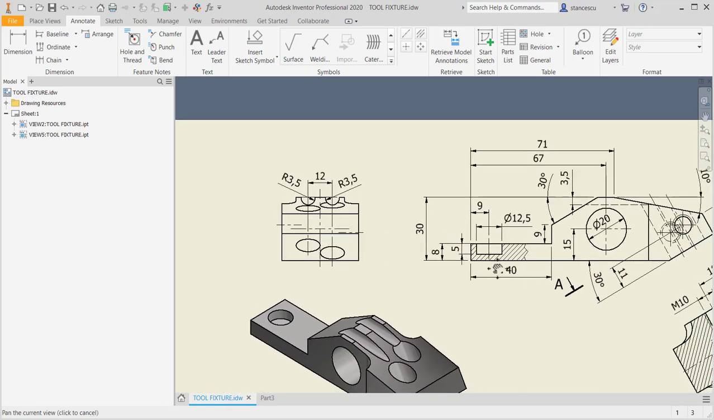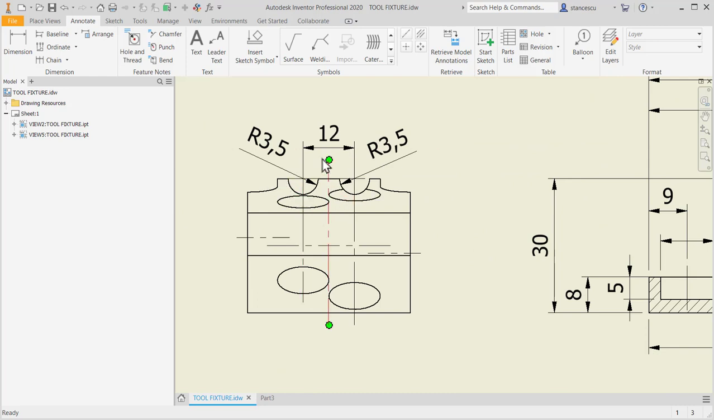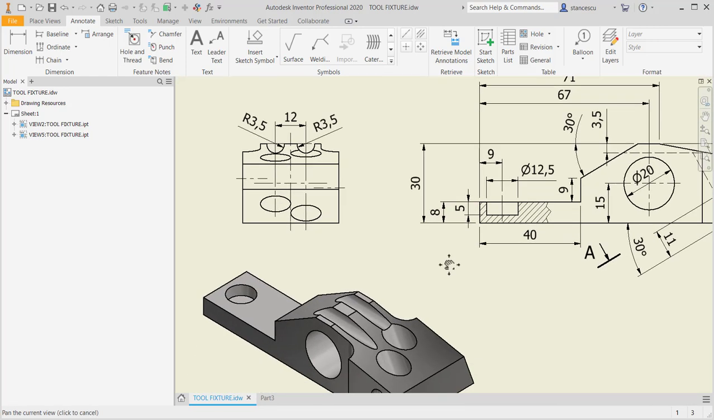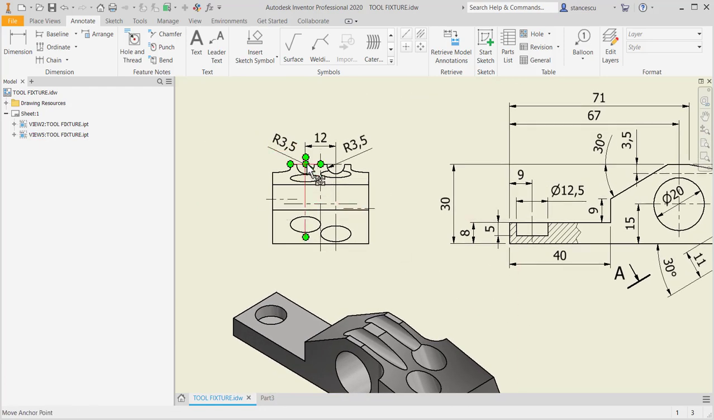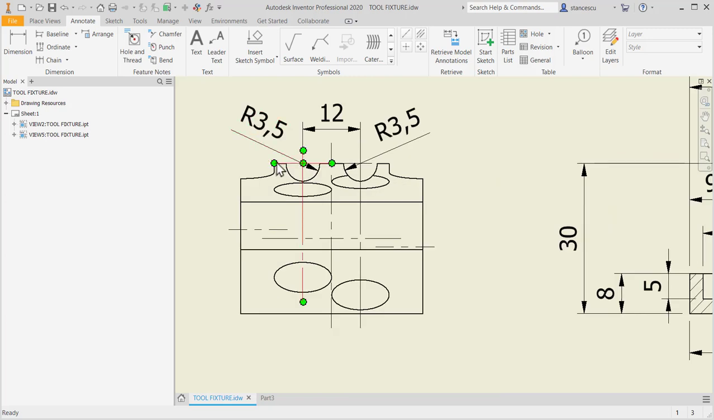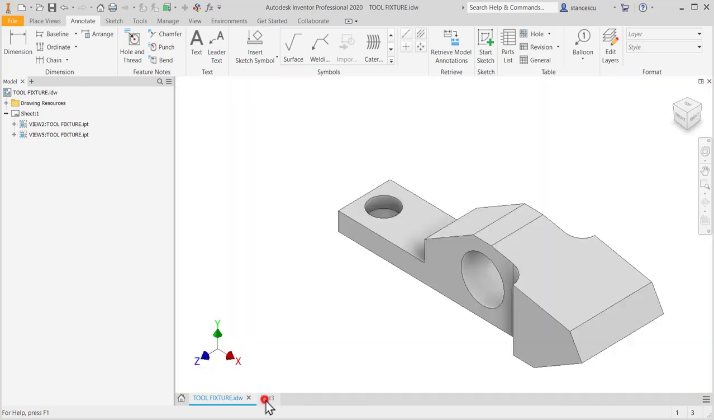Some other interesting holes are these two. I want to make these channels as holes. Why not? It's 3D modeling. Dimensions are radius 3.5 and the depth is 3.5. This means that the centers are on this edge. The distance is 12. Okay,